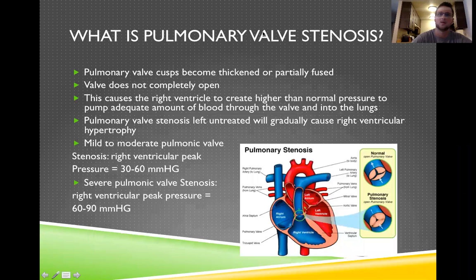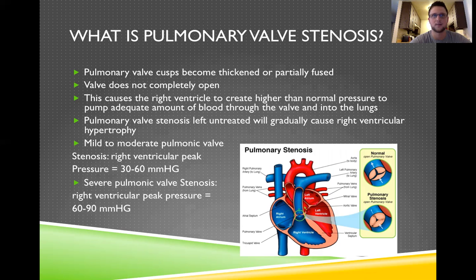Okay, so what exactly is pulmonary valve stenosis? It's basically when the cusps, or the leaflets, that make up the pulmonary valve become thickened or partially fused, and the opening to let the blood through from the right ventricle essentially becomes restricted. And then there are side effects, such as more pressure being created in the right ventricle to push an adequate amount of blood through the pulmonary artery to the lungs, and this could cause effects such as